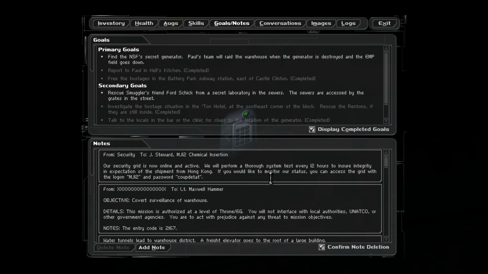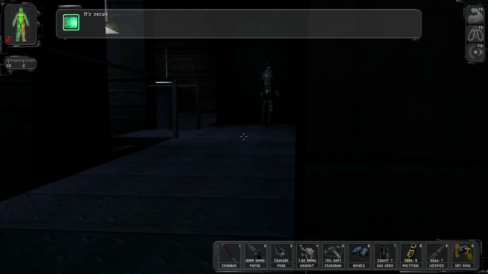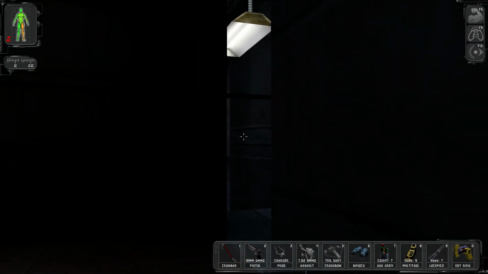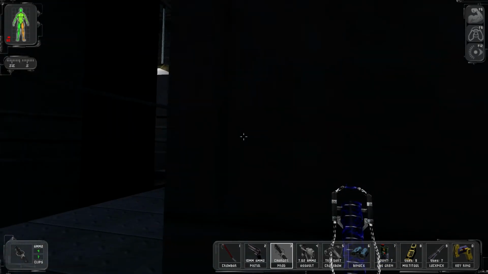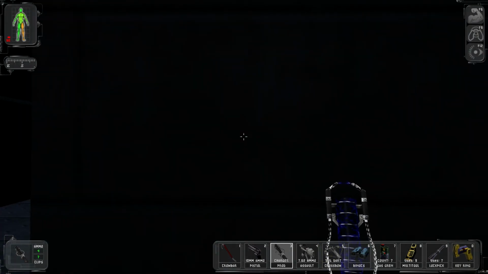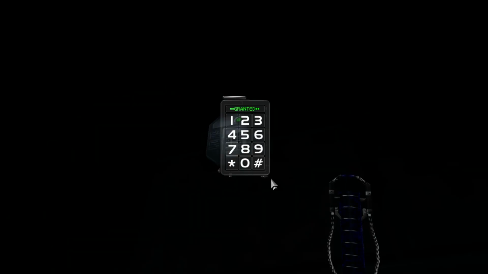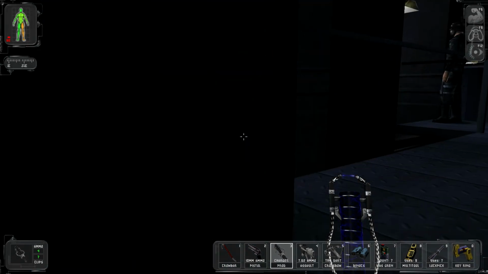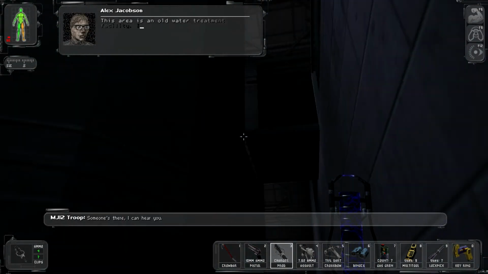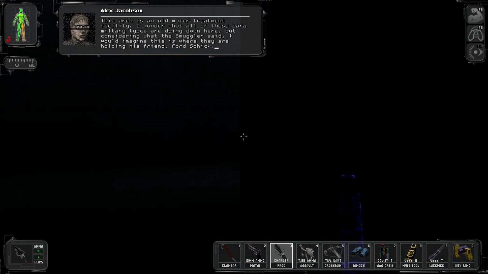Was it 9126? No. 2167. Another part of the base. Someone's there. I can hear you. Facility. I wonder what military types are doing down here. But considering what the smuggler said, I would imagine this is where they're holding his...